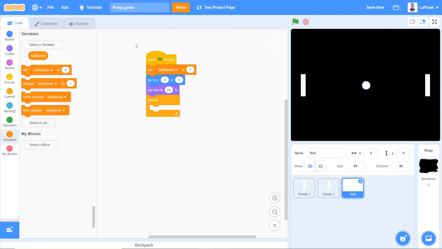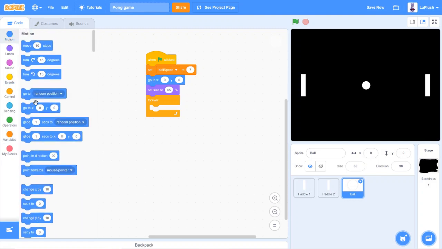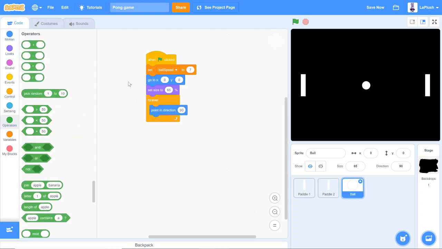And so you're going to want to do the motion block. So you're gonna want to do point in direction, then go to operators. By the way, point in direction is in motion. Then operators, pick random, and then you can do like 45 to 135. I just had to do a bit of math at the beginning. And then forever